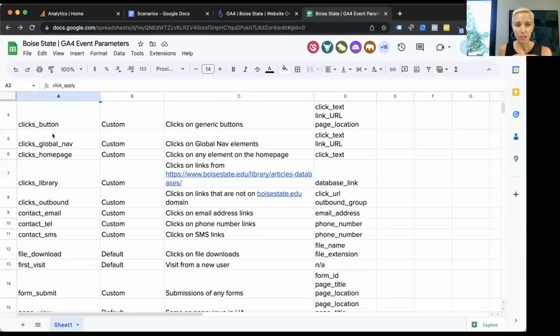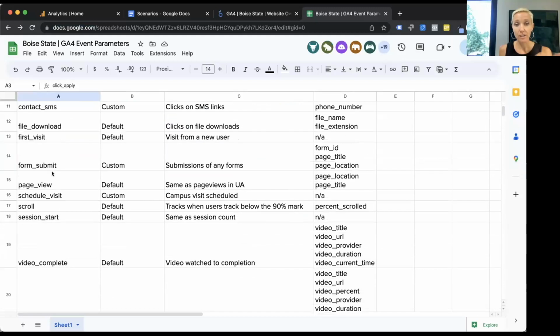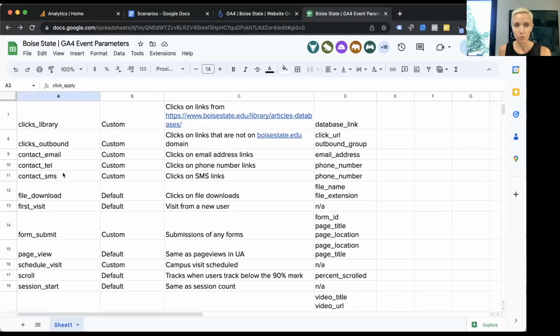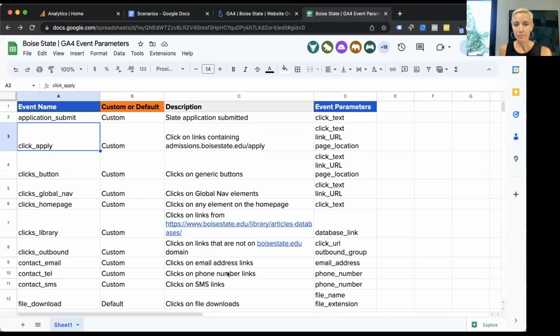So the reason we want to share this with you is not only to tell you what has been set up and what you can work with, but we want to provide you with a definition and then also give you what comes along with that event. Because in GA4, the beauty of GA4 and the custom events is that you can add any kind of parameter or value to the event itself if it's available in the data layer.